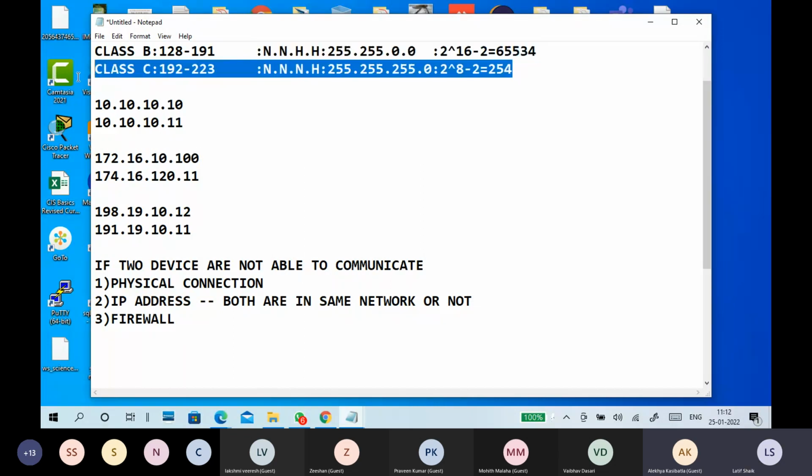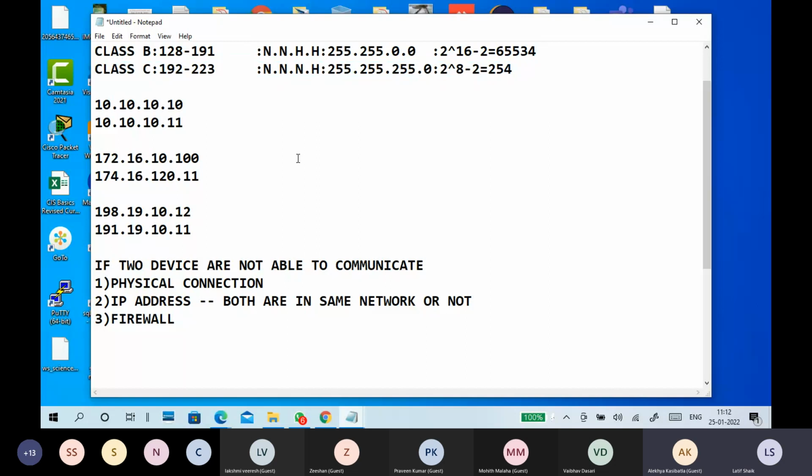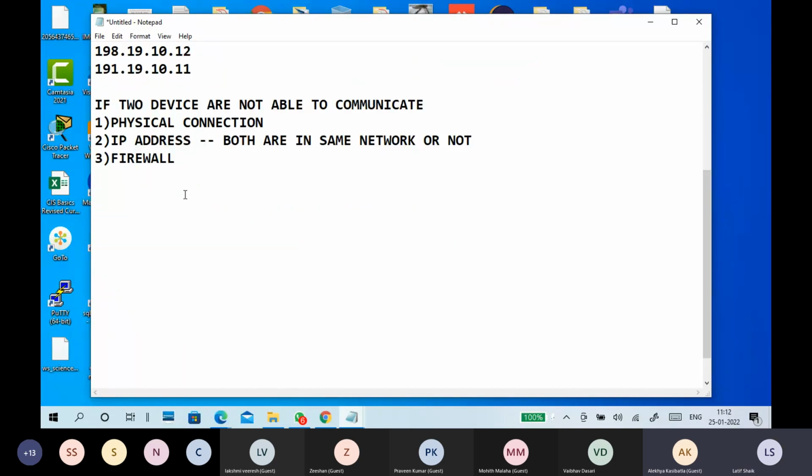Class C, we can connect up to 254 devices. For example, you have 200 computers in your network, so class C is enough. You have 500 computers in the network, you must go to class B. And already I told,